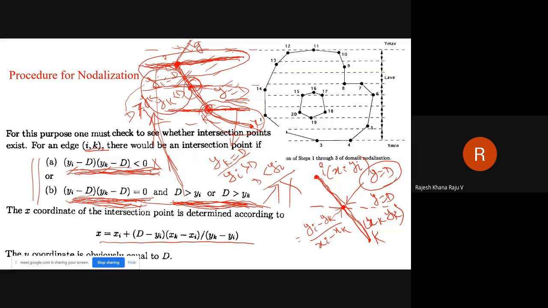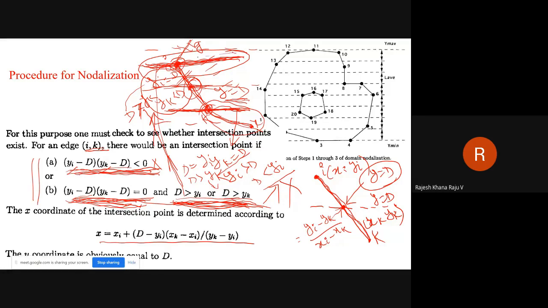But in that case, there are two possibilities. Either it will pass through i, or it will pass through k. Which one will be treated as intersecting ik is given by this one. For example, in this case, if it is passing through i, then d equal to yi, and in the other case d is greater than yk. So that is satisfying this criterion.